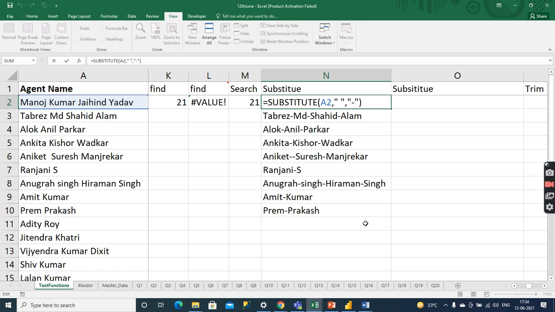You can say it is used for the replace purpose, for replacing of the values. Clear to everyone? Yes.